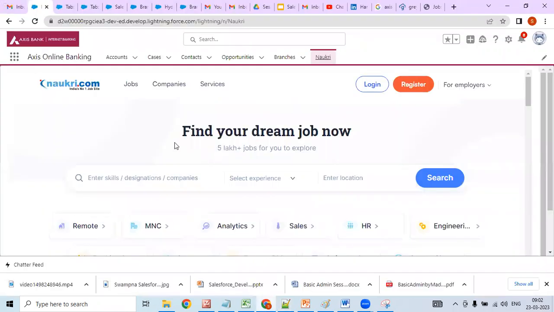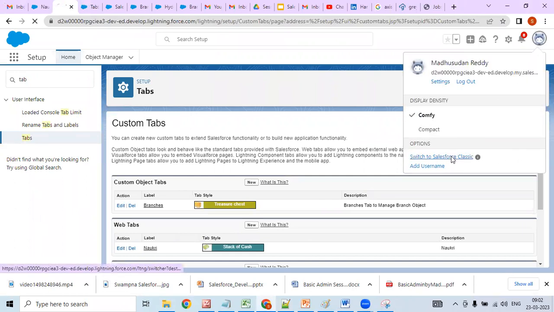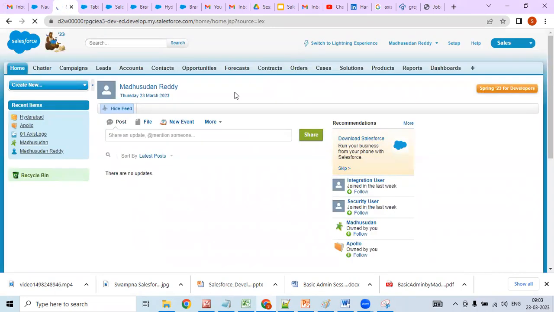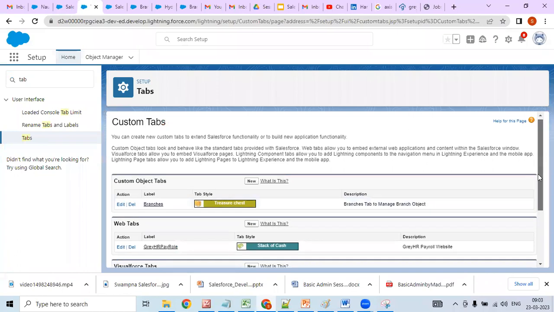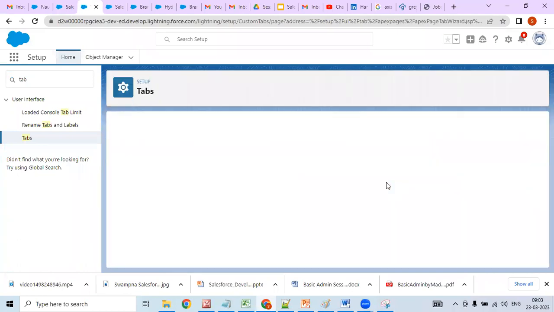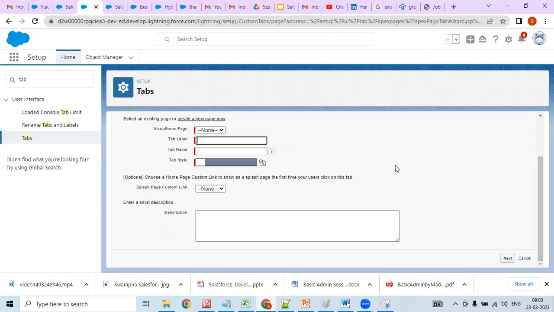In Classic, what pages are available? If you go to Classic, which pages can you see? VisualForce. These are the VisualForce pages in Classic. You can build VisualForce pages. You can develop a VisualForce page. You can give that link, the VisualForce page link, here. Click on New. And enter all details. When you click on Next,